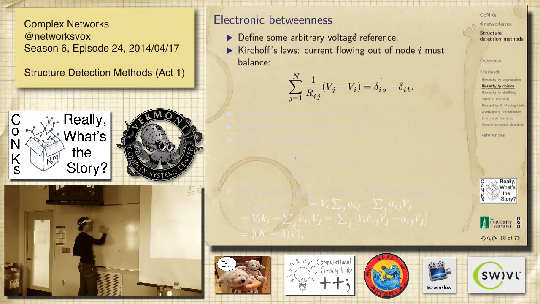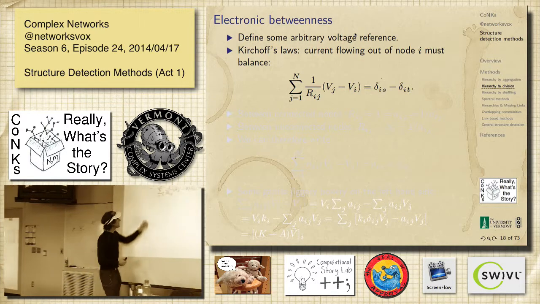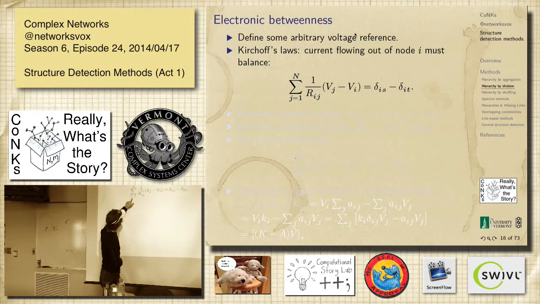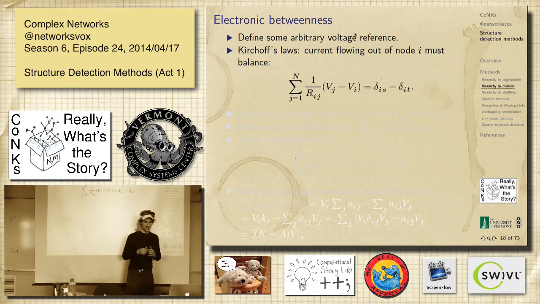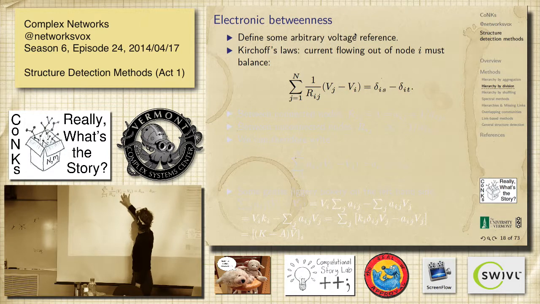And being taken out here, and that's causing some flow around the whole thing. So here's node I. You have to balance everything around it. So we're going to sum from j equals 1 to n, so we're looking at all possible. We can actually include n, that's fine, because these guys are the same, so that just vanishes.